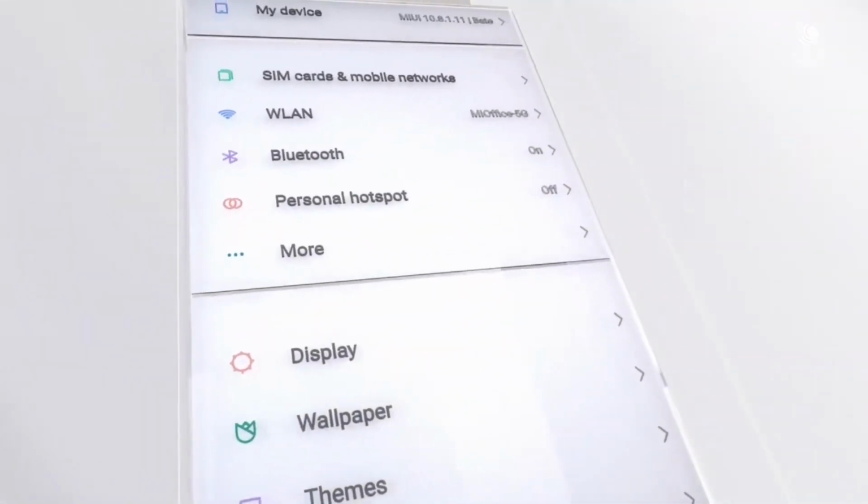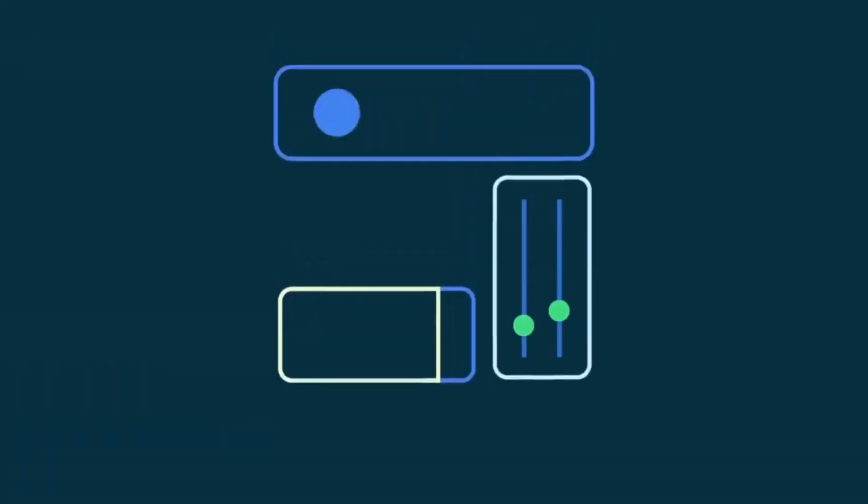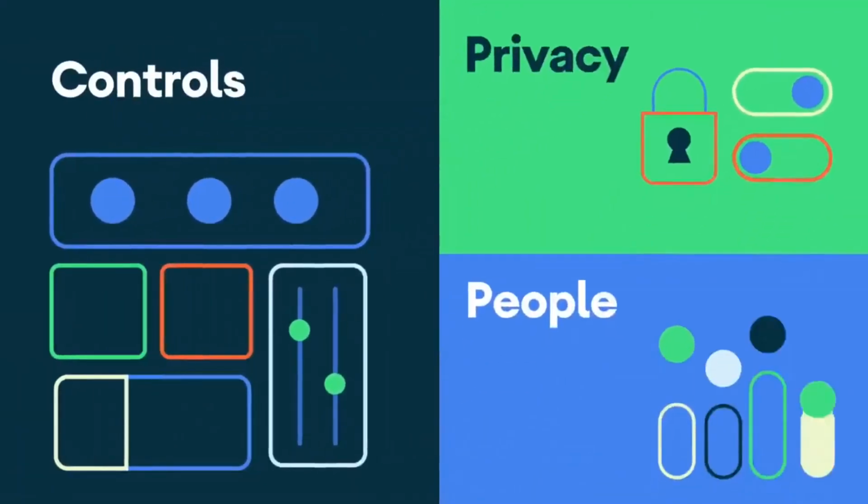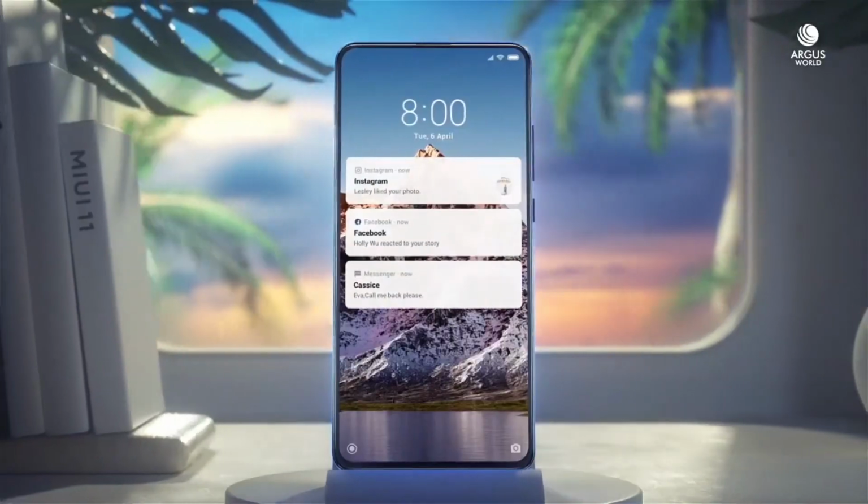Hello friends, in my Redmi 9 Prime or the Redmi 9 Global variant, I have received the MIUI 12.5 enhanced version update. So in this video I am going to be sharing details about this update, the features and the changes which you can notice after this update. So without wasting any time, let's get started.